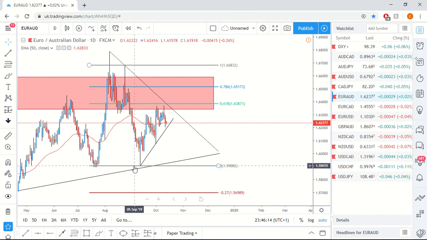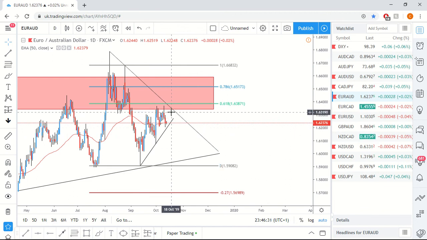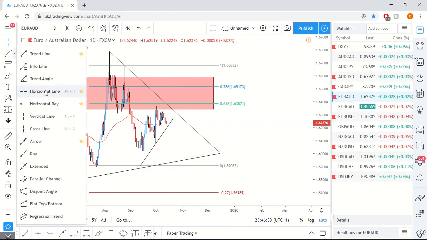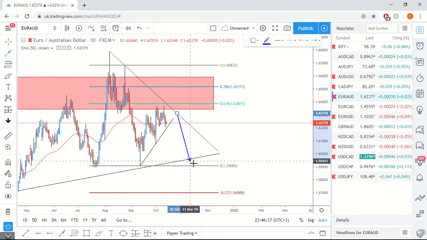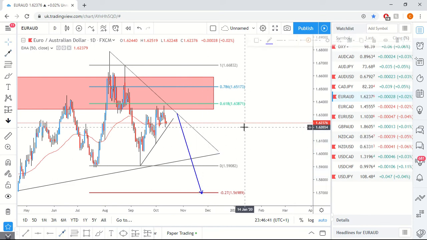And then from here we can see we've got this counter trend line, one touch, two touches, hovering on the third touch. We're also hovering on the moving average. So what I'm predicting here is that we're going to see another touch of this counter trend line, come up to the descending trend line, and then we make a move downwards as so. Something like this, come down to 0 or minus 0.27 fib, something like that.